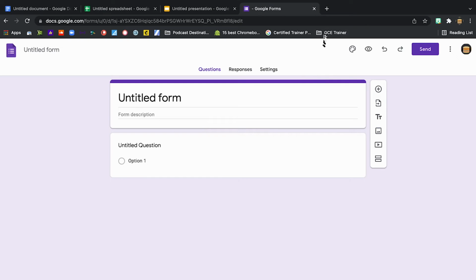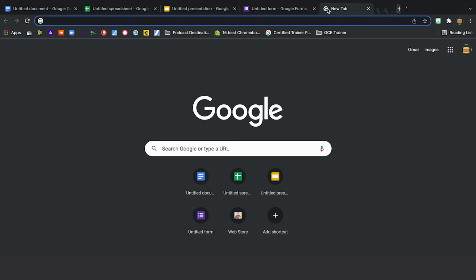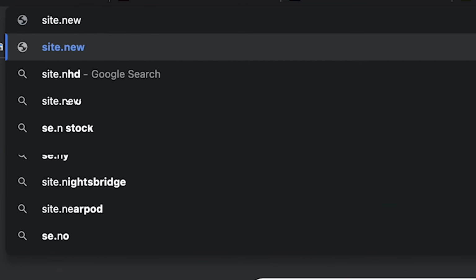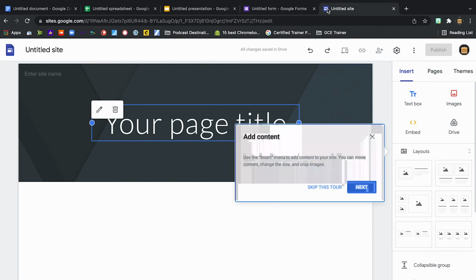And there's more for you Google Sites users. What about a new Google site? Type in site.new and hit enter. Voila, you have just created a new Google site without even having to go to your Google Drive or your site.google.com. There's multiple iterations for these shortcuts, and as you can see on the side here, these are all the